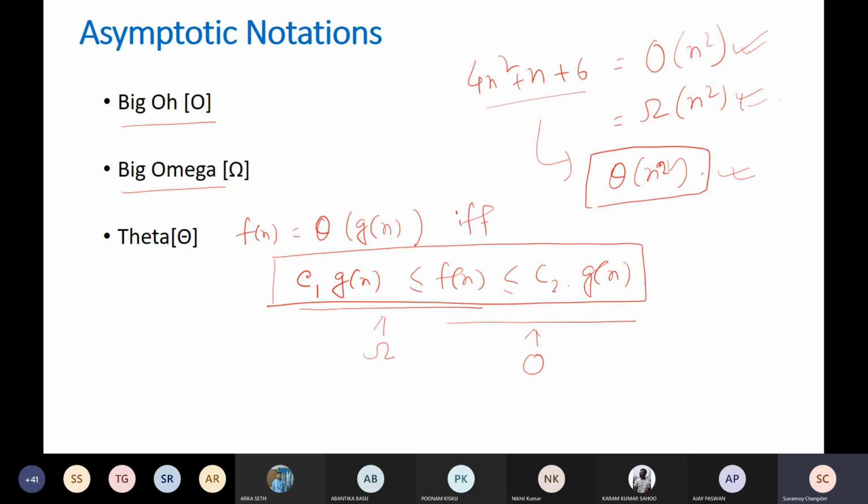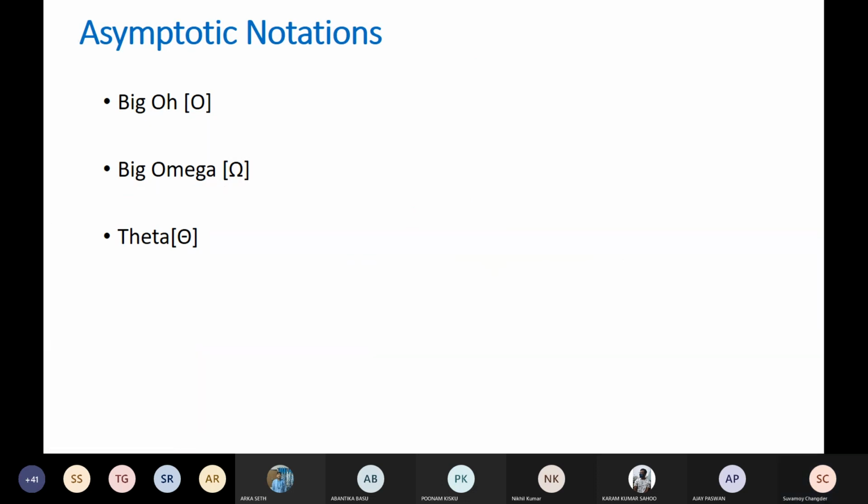And theta means it is a tight bound, which contains both the upper and lower bound. That's why it is known as theta. Okay, right. So now let us check one example. Let us say we have a polynomial p of n equals root of n plus 5. Now what will be the bound for this? If we say that the upper bound is n and the lower bound is, say, root n, or maybe